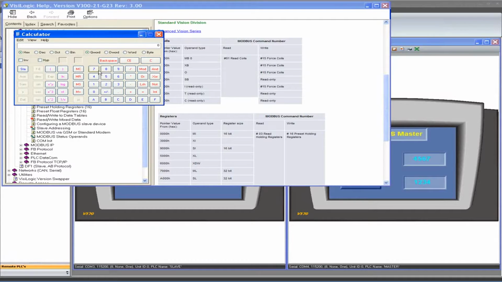So again, I'll do that one more time. I have my 7,000 hex. First thing I do is convert it over to decimal. So my memory long 0 is equal to 28,672, but I'm looking for memory long 32, so I'm going to add my 32 decimal. This 28,704 is my memory long 32. If I want to look at that in hex again, I just click back to hex and I get my 7,020. You'll notice if I do a number, for example, like 7,001 hex, convert to decimal,